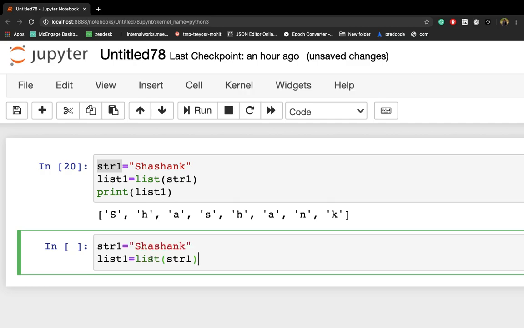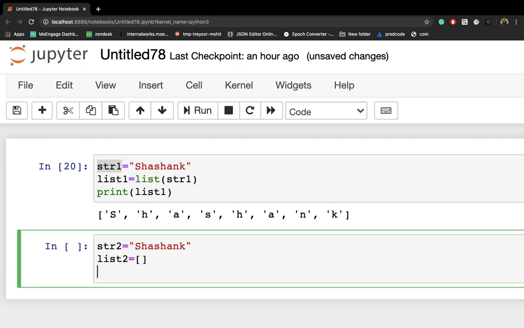The second way: let's say this is str2 here, and let me write list2, right? The second way is using a for loop, you can achieve the same goal, right? So I am assigning an empty list. Let me iterate through all of the elements of this string, right? This letter will be responsible for iterating through all of the elements of this particular string. So for letter in str2,